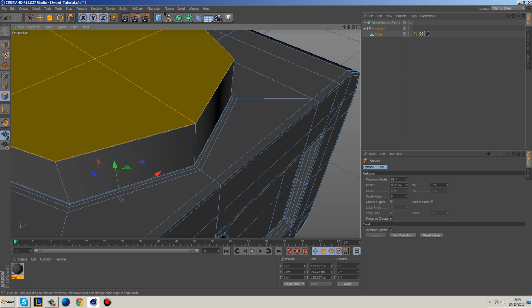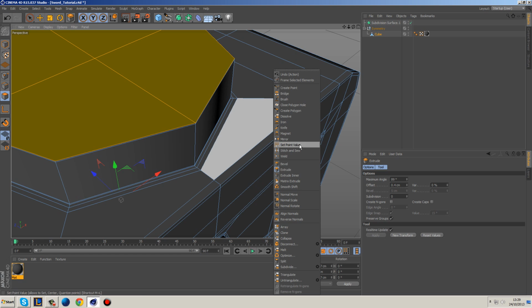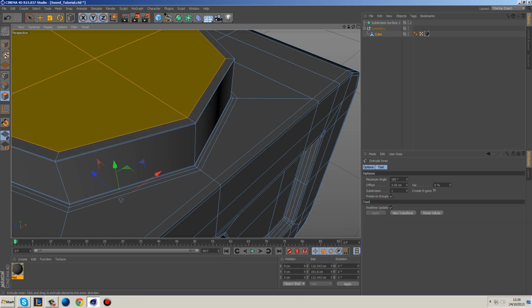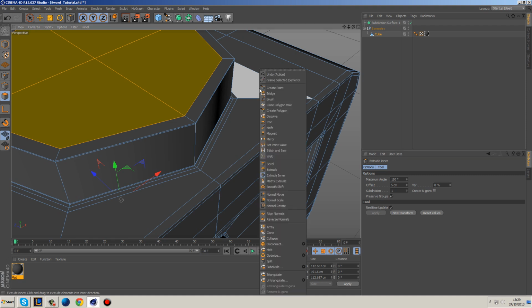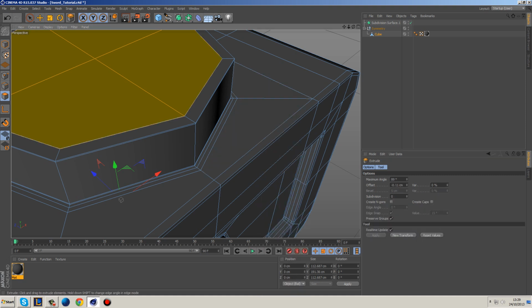And then extrude it up again by 0.4, and then extrude it inwards by 5, and then extrude it downwards by negative 0.4,